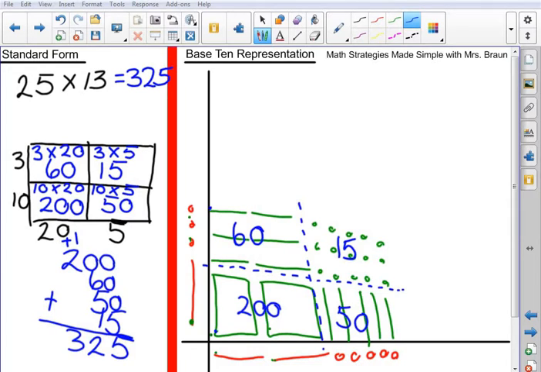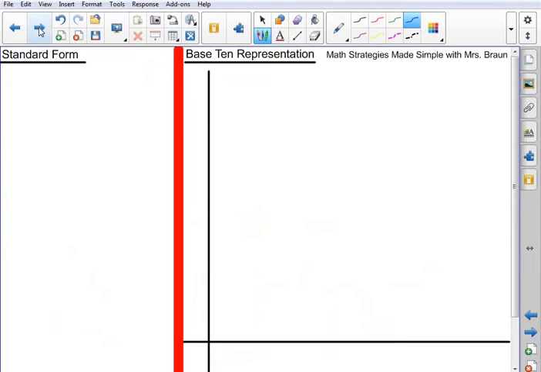Or you could come over here and you can count up. It's going to give you the same thing, 325. So let's look at another example. Let's look at 31